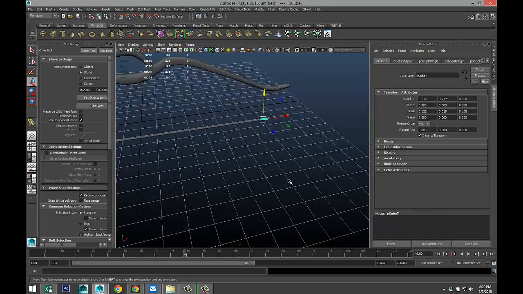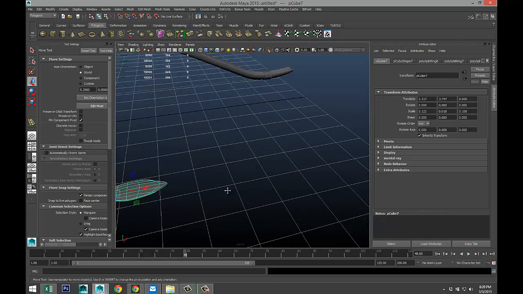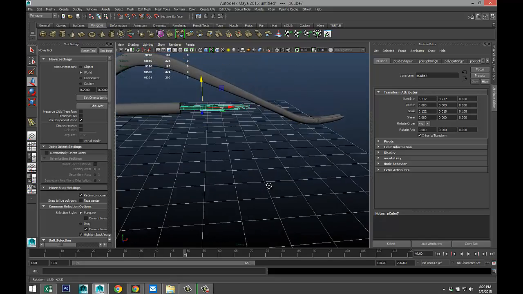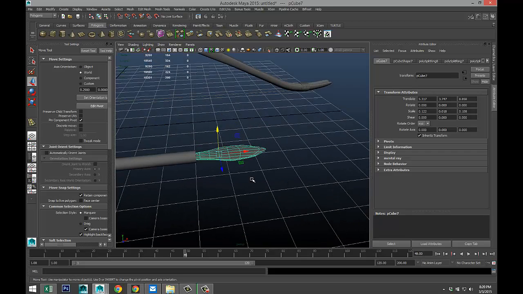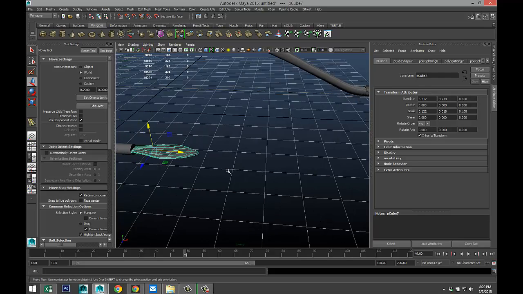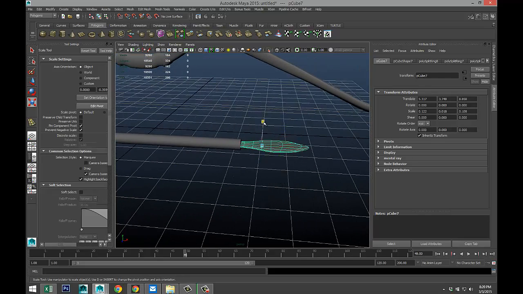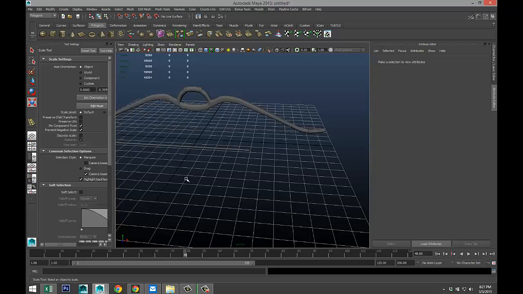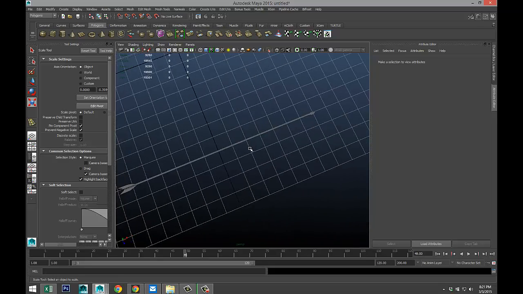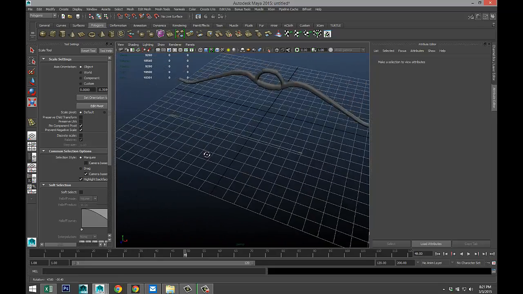And let's see what we got. Looks like we need to give this guy a bit more thickness. So hit R. That is not bad. All right.